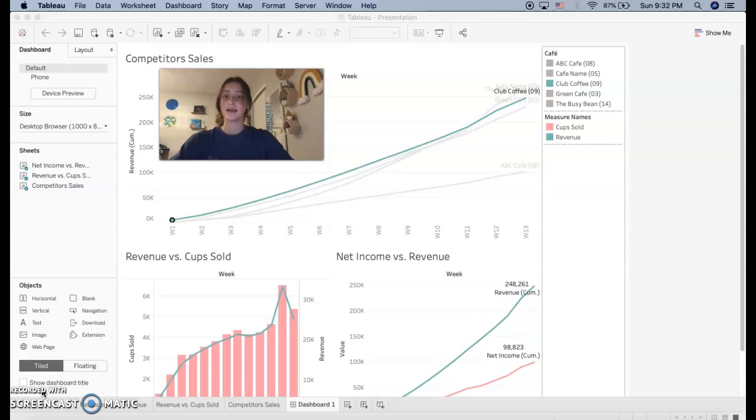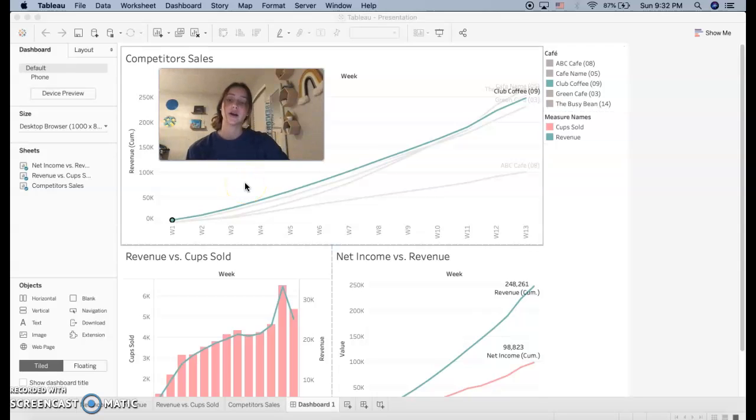For this assignment, we had to transfer the data through those 13 weeks into this program, and that resulted in showing comparisons through graphs. So for the first graph up here, it shows our competitors compared to our sales. So there's 4 cafe examples that we were competing against. I remember Cafe Name and the Busy Bean were definitely our biggest competitors.